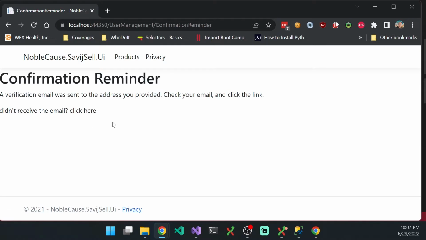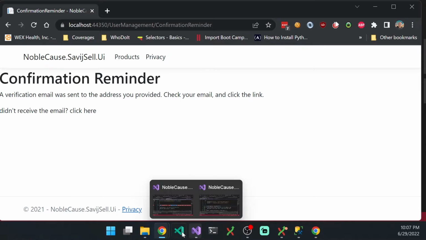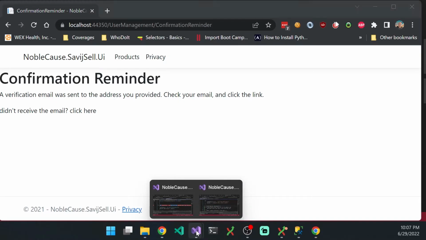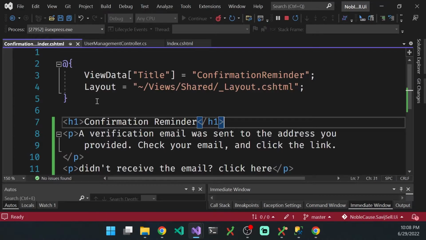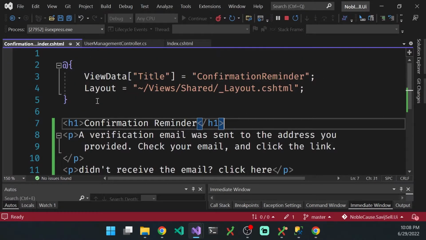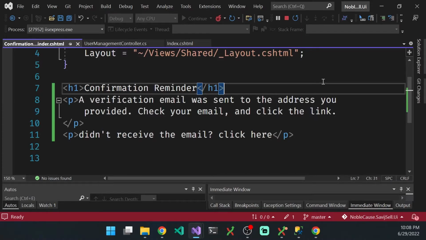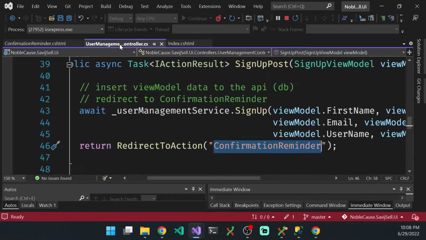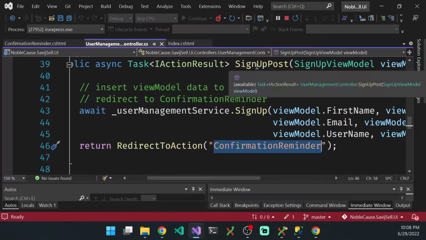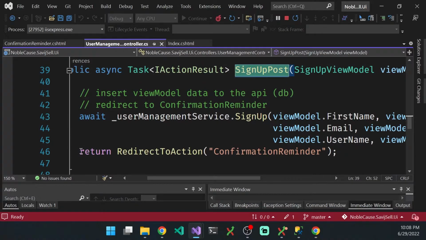And the first time, there we go. All right. So not very fancy. Yes, I could use some styling on that, and normally I would, but we're just going to keep it simple here. So the real question is, after you click sign up and you click sign up post, but